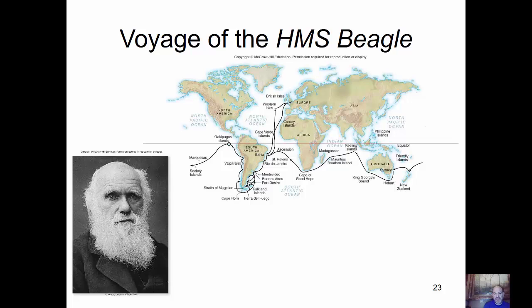This is an older picture of him later in life. He traveled on the HMS Beagle, which was the expedition ship to help map out South America. And this map shows his route. He was younger at the time. There's a lot of interesting history behind that, but to save time, we won't go into that. I do encourage you to look that up because it's fascinating. He started out in medical school and then went to seminary school and then ended up as a naturalist here on the Beagle, the HMS Beagle.